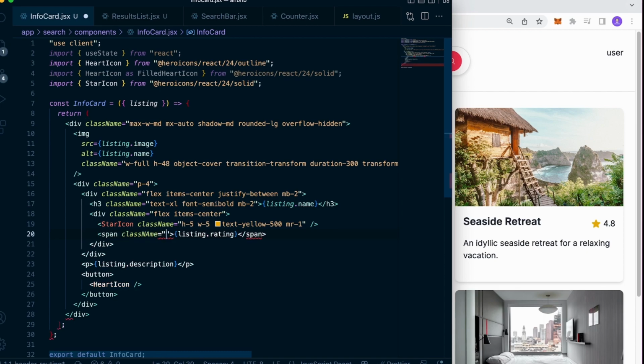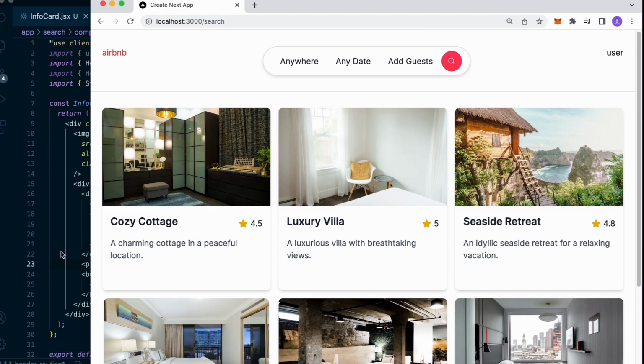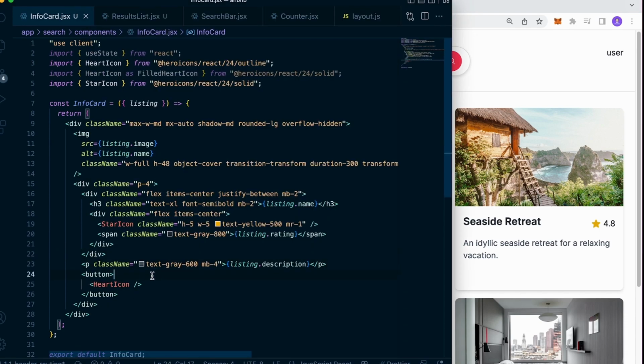I'm gonna modify the color of this text. Gray 800. So it's a little bit less. This would be text gray 600, margin bottom 4, and heart icon, right now we're not seeing it anywhere, and